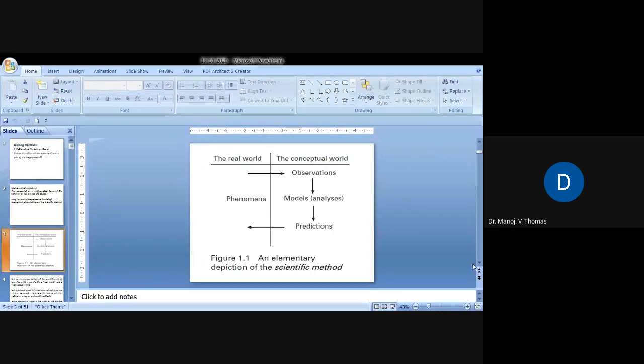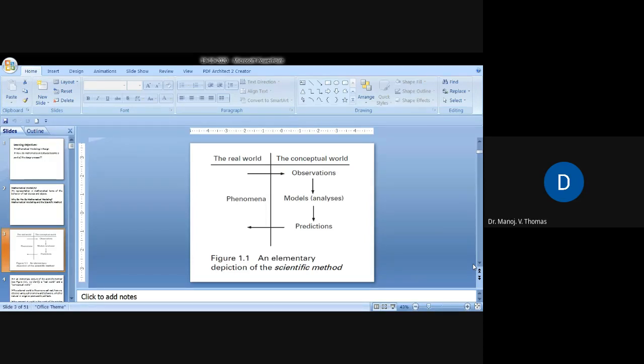So look at the conceptual world. There you have observations. Observations are taken from the real world. You observe how a particular object behaves. Because when we build a new item, obviously we will have to take some feedback from the existing things. When we build a new mobile phone, we'll have to observe how the existing models behave. Then based on the observation, we will have a new model, because we want to build a new mobile phone, a new aeroplane, a new car, a new tire, whatever.